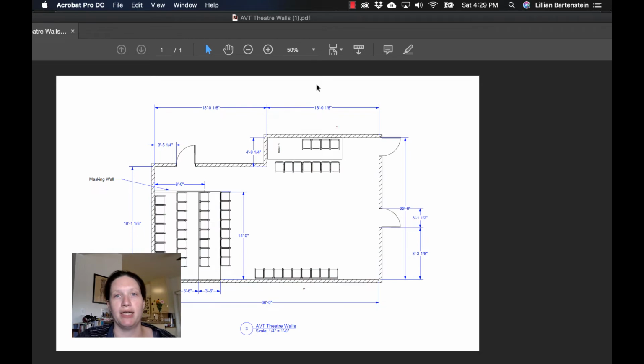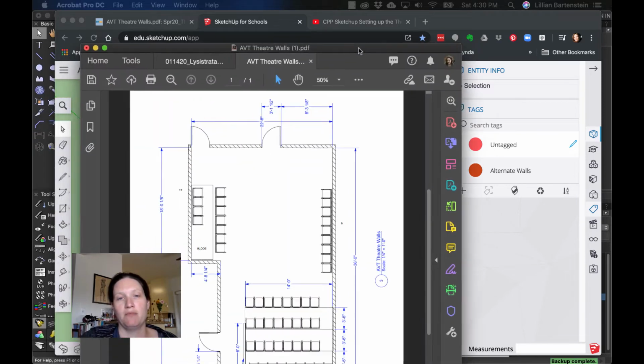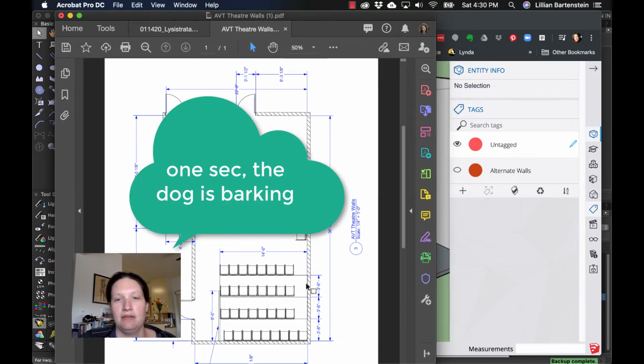So the next thing I need, if we come back over here and look at this drawing, the way we're looking at it is actually, we're looking into this theater space more like this, okay? So I need to add in,